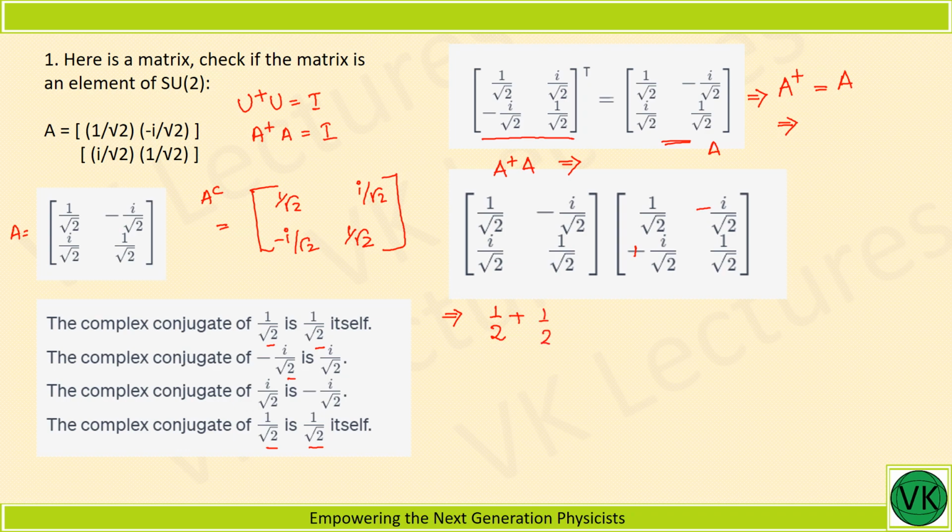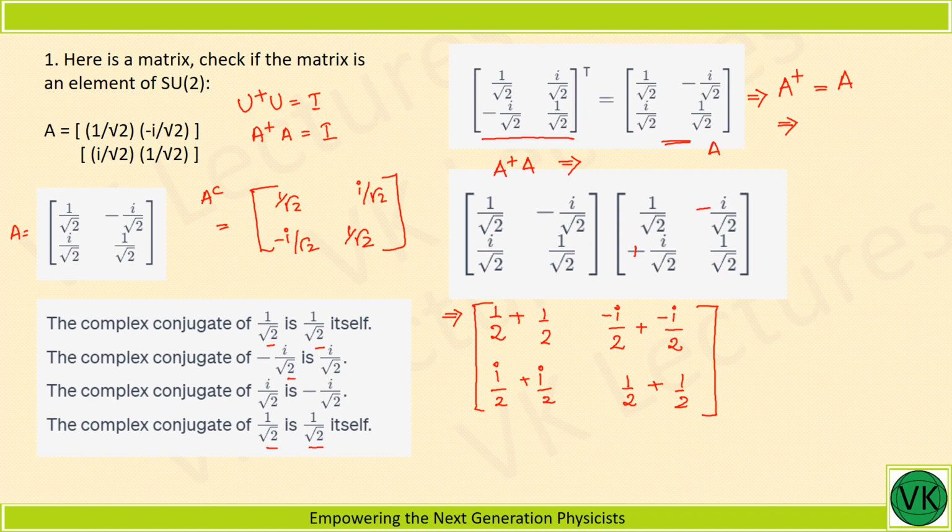Now 1 times minus i by 2, that is minus i by 2, plus minus i by root 2 times 1 by root 2, that is minus i by 2, and i by 2 and i by 2 plus i by 2. And again we have here i times i, 1 minus 1, that is 1, so 1 by 2, and 1 times half, that's 1 by 2. So this is the product